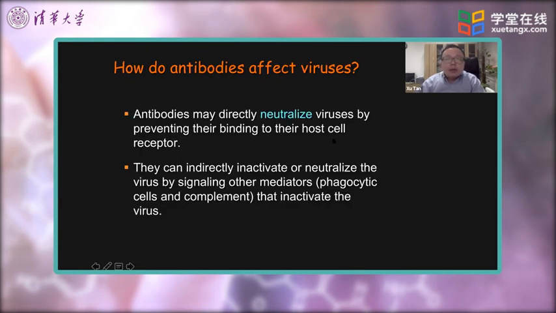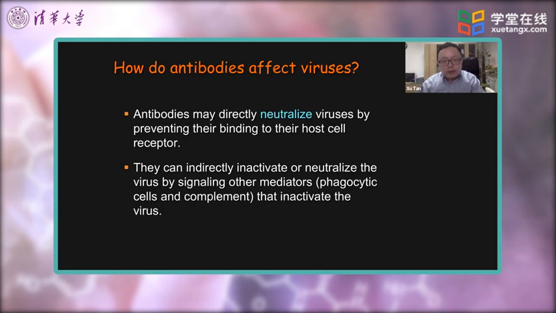Then the antibody, as you probably know, is a powerful tool. When it's released by the B cell, it can directly neutralize viruses by coating the viral particle with a protein shield, making the virus no longer able to bind to its host cell receptor. In addition, antibodies can also recruit other mediators such as phagocytic cells as well as complement molecules,